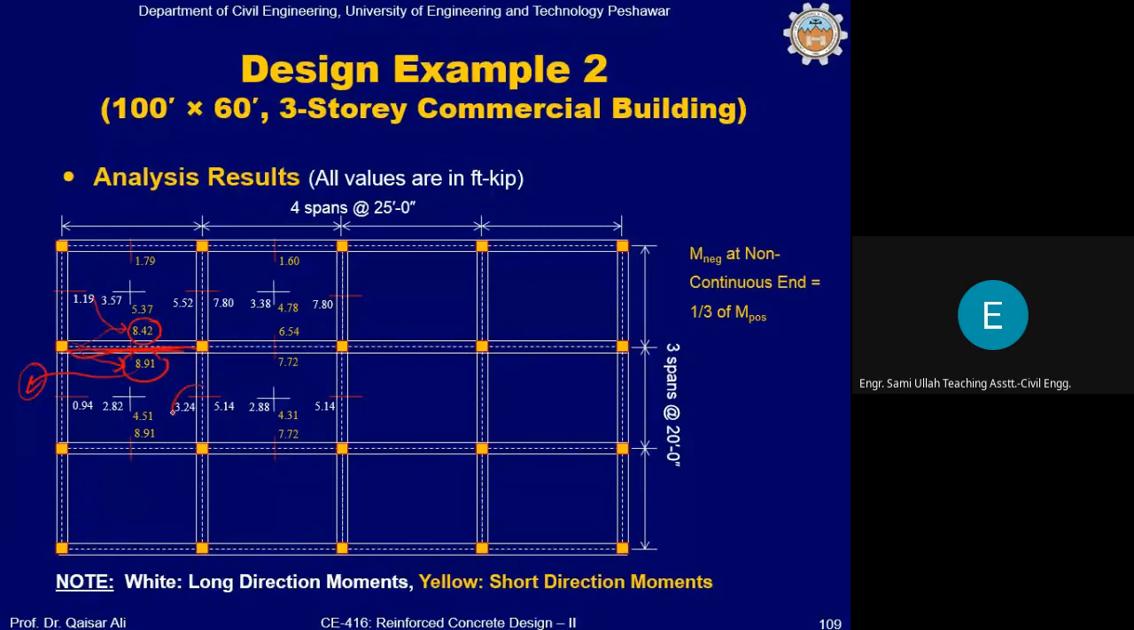Similarly, you can see the common support between panel 2 and panel 3, panel 4. So one value will come from panel 4 analysis and one from the panel 2 analysis. So 5.4 will be taken for the design. Okay. Similarly here, this value is coming from panel 3 analysis. This is from panel 4 analysis. So the maximum of these two, that is 7.72, will be taken for the design. Similarly, in this case,